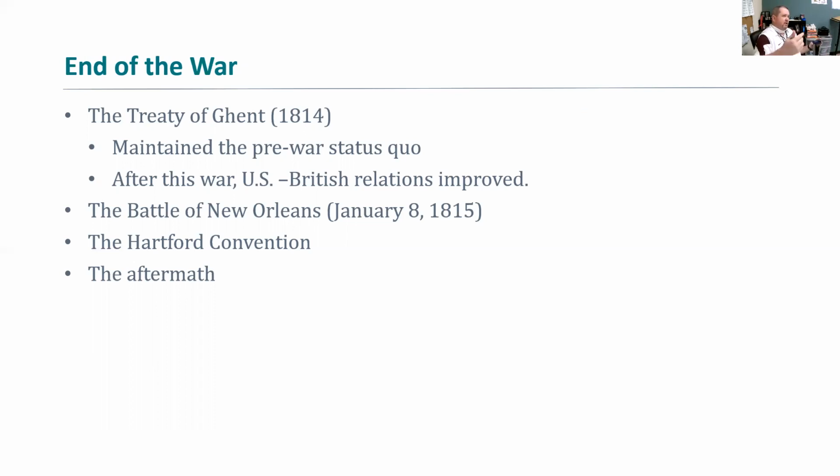And so the Federalists lose a significant amount of their pull. They're anti-war people that think that the Democratic Republicans are running the country poorly. Here's all their demands. Yet as soon as their demands reach D.C., so does the news of the Battle of New Orleans and the end of the war. And now all of a sudden the Federalists are like, we don't have a leg to stand on anymore.